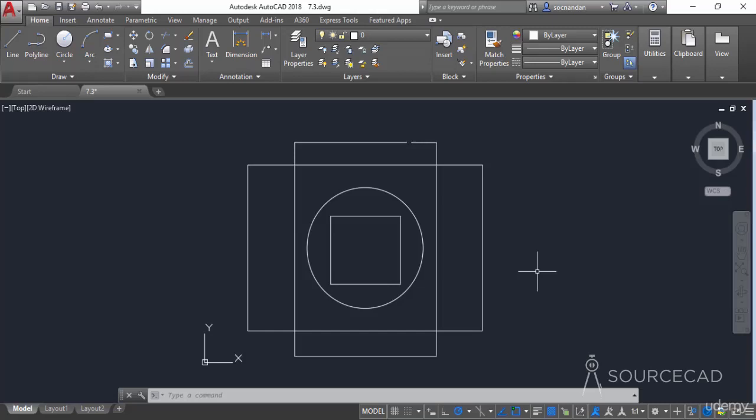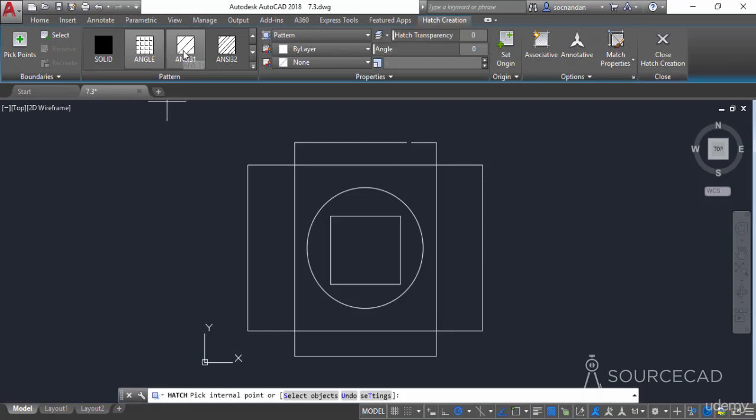Now let's have a look at some of the advanced features of the hatch tool. Here we have a fairly complicated geometry, and in this case we have multiple areas which are again inside any other area. For example, the first rectangle, then the second one, circle, rectangle. So one area is within the next and there is another area within the next. Now let's go to the hatch tool,